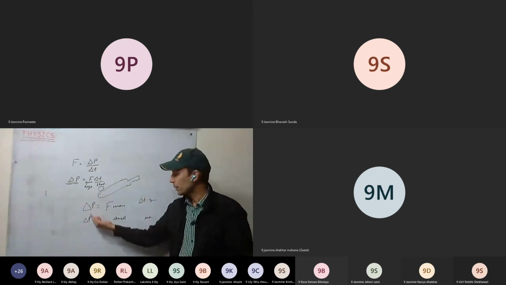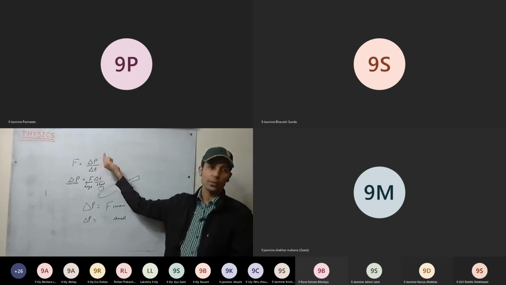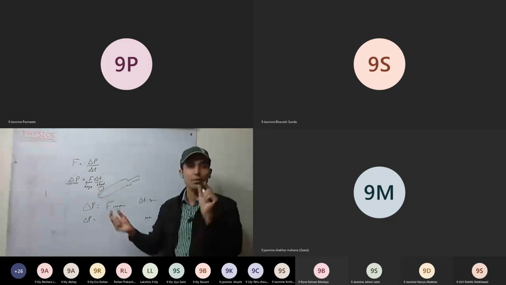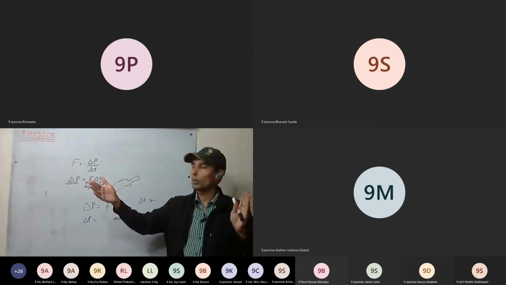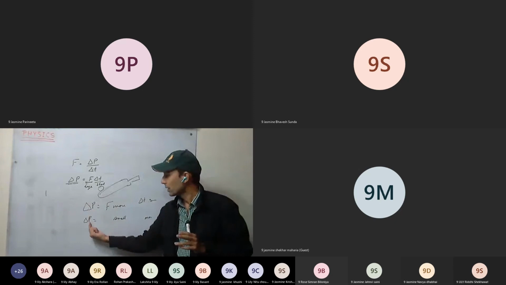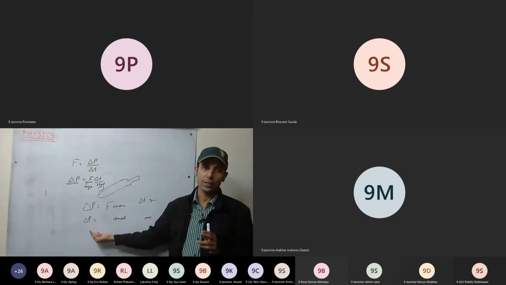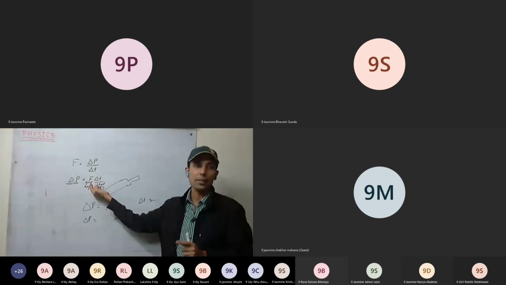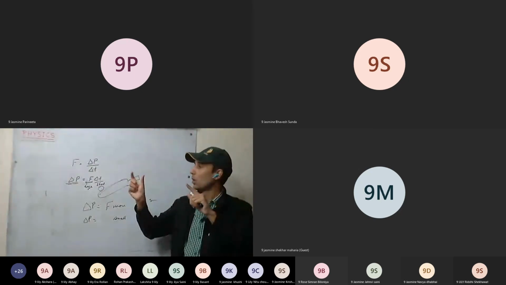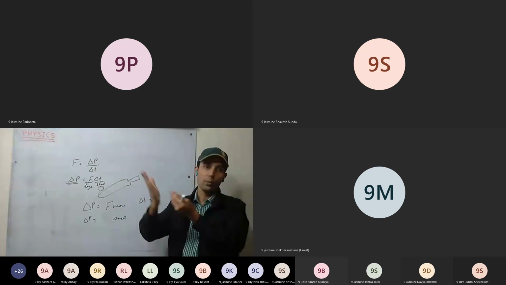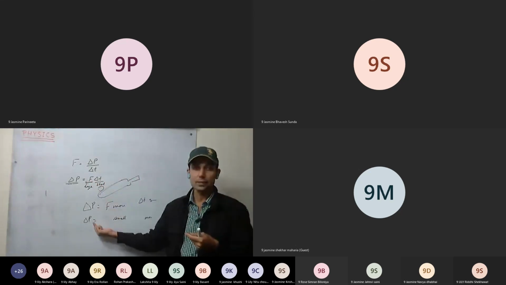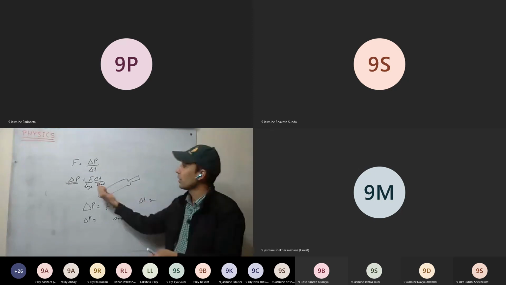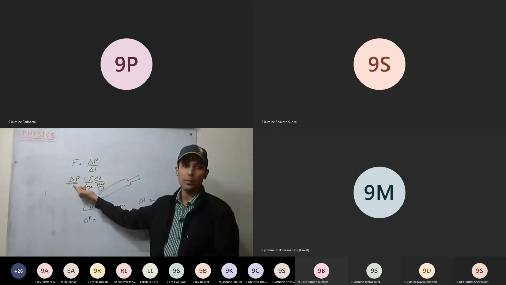So for the same momentum, either we can apply more force for a very small time, or we can apply a small force for a long duration of time. So for generating the same momentum in the body, we can apply more force for small duration or small force for long duration. This concept is clear. So for example, in cricket, when we hit the ball, the force applied is huge for a small duration, and it produces momentum.